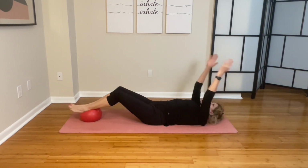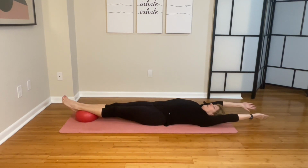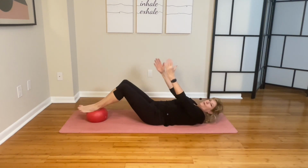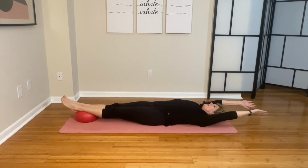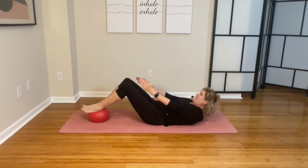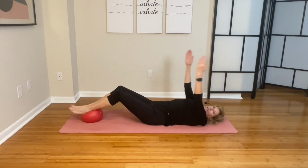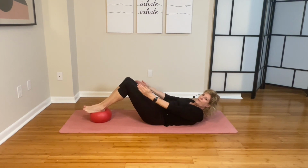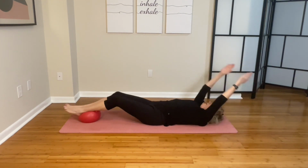Inhale, exhale up, release. Inhale here, exhale, roll, good, and down. I feel those abs working. Inhale, roll up and exhale, release. Inhale, exhale, roll up, release. One more. Inhale first, roll up and exhale,